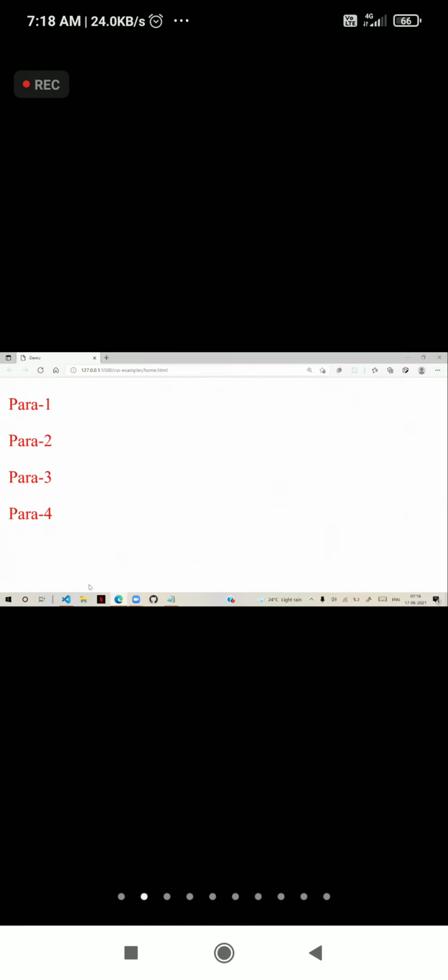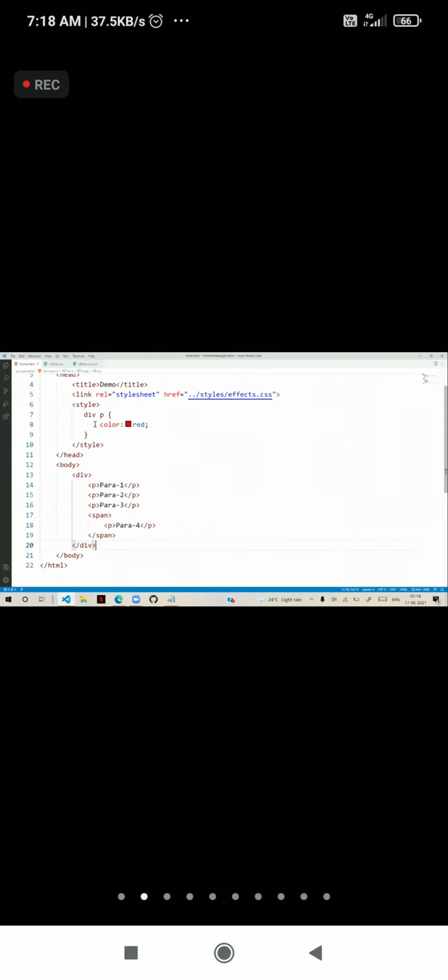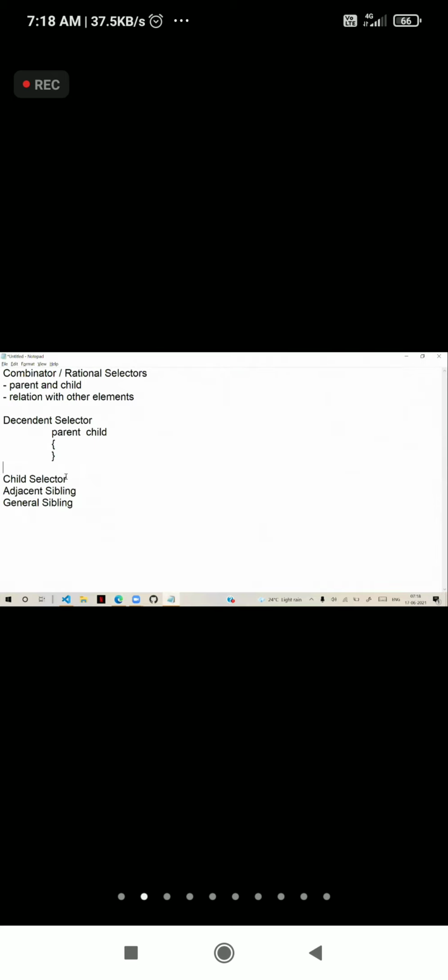For all paragraphs, it is working. This is actually the descendant selector. Child selector is defined like this: parent greater than child. This indicates it will apply effects only to the direct child. So it will not apply to others.